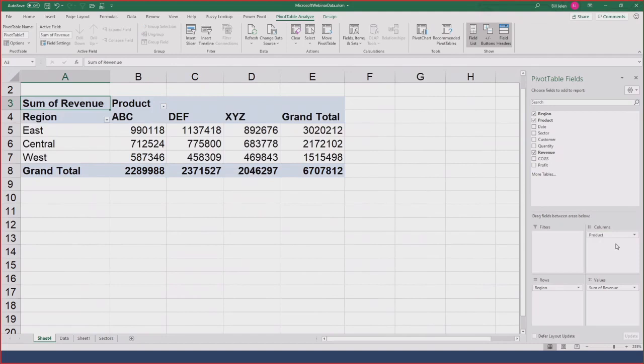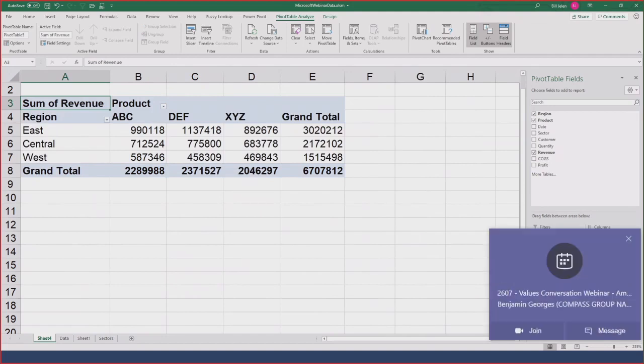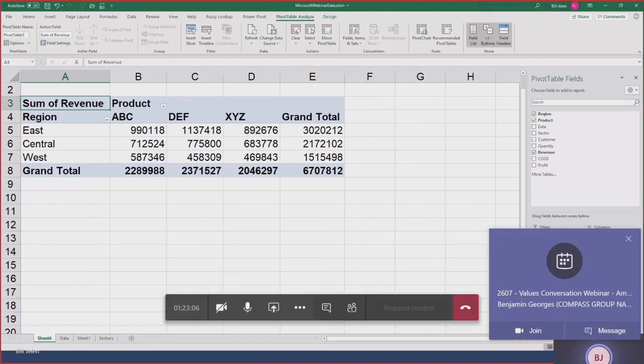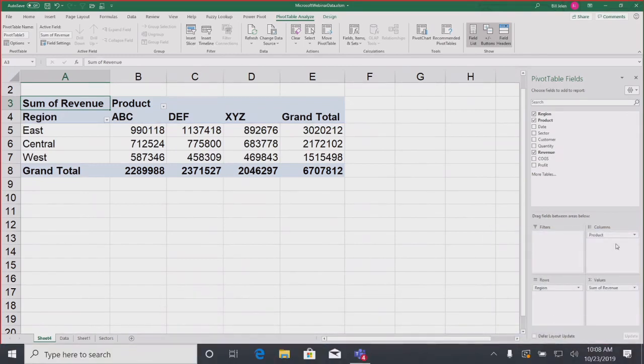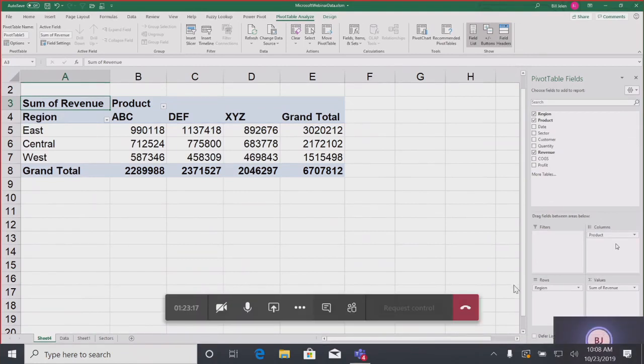Now, hey, someone sent in a great question just before the webinar started. And they said, why won't pivot tables ever remember the number formatting? Now, in my case, the underlying data wasn't formatted, but even if it had been, it doesn't know the number formatting because when we created the pivot table, they actually take the data off of that sheet and load it into memory. So in memory, there is no formatting. So this, I don't think will ever get fixed.